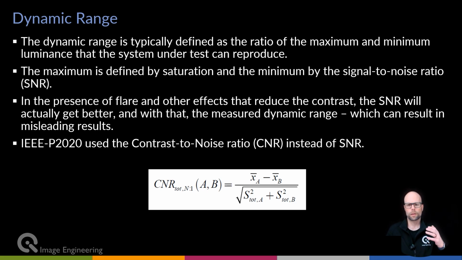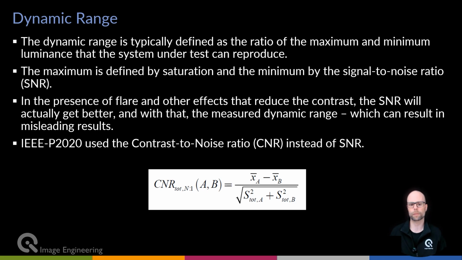The problem is, if you have, for example, flare or other effects that reduce the contrast, which you can easily have in HDR images, the SNR will actually get better. And therefore, also your measured dynamic range gets better. And that can lead to misleading results. So that means that the traditional way to measure dynamic range has its challenges, to say the least, for automotive-grade